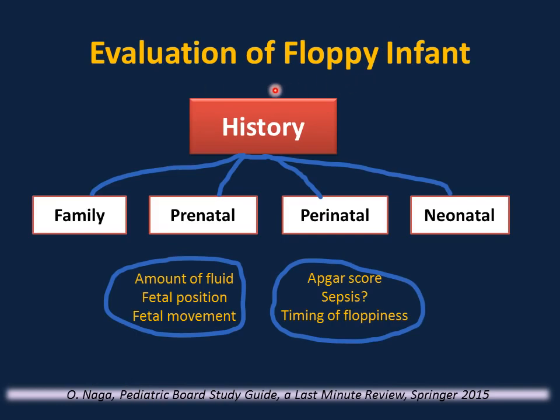The most important step in making the diagnosis of hypotonia is a detailed history and careful physical examination. Family history is critical. Prenatal history is very important. Ask about the amount of fluid, fetal position, fetal movement. For example, a weak infant not swallowing enough amniotic fluid will result in polyhydramnios. Fetal position, for example, breech presentation can be